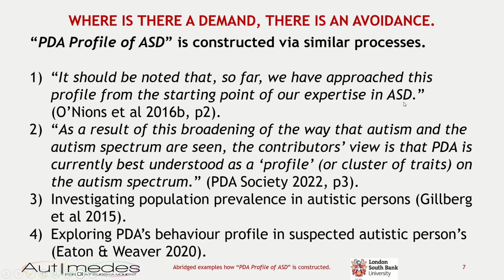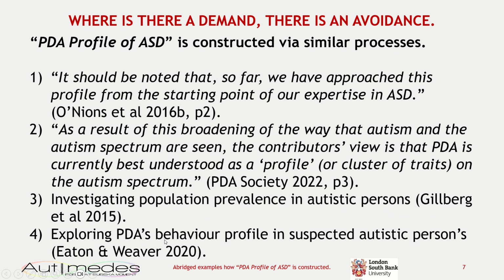I'm going to move on to a quote from the PDA Society from a document. It claims to be clinical guidance. I just think it's a highly biased research report, but I'm going to move on to the quote. So, as a result of this broadening of the way that autism and the autism spectrum is seen, the contributor's view is that PDA is currently best understood as a profile, or in brackets, a cluster of traits on the autism spectrum. And so far, prevalence for PDA has been investigated in autistic persons,